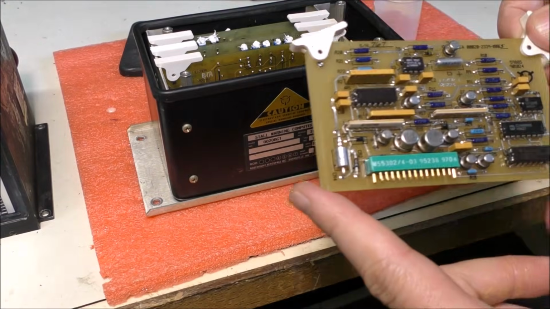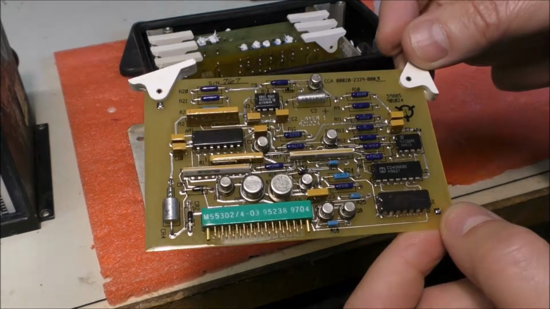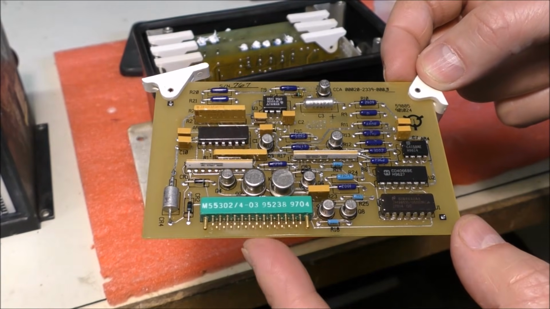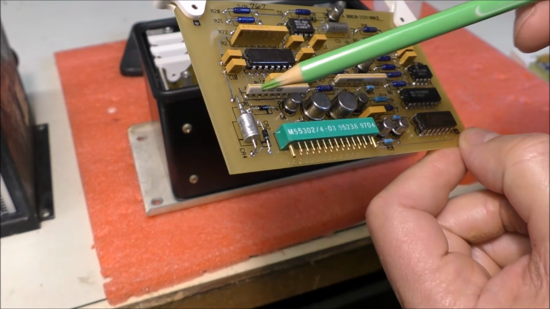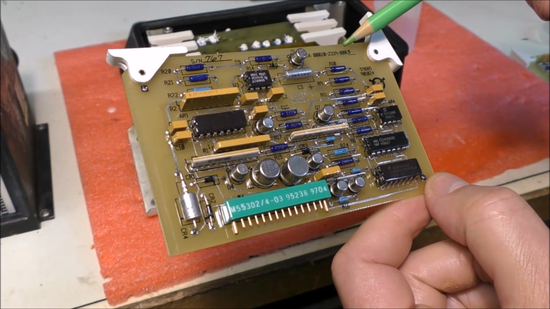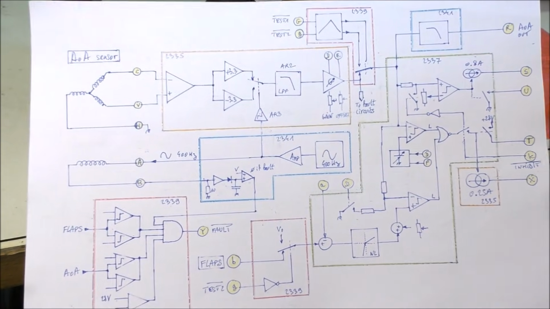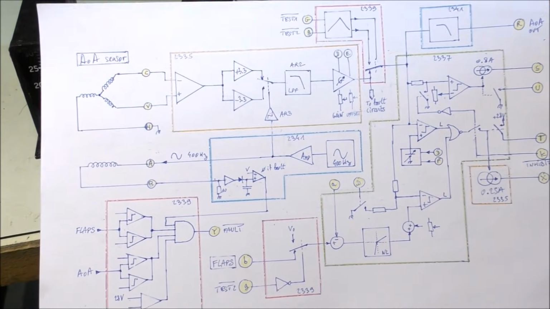We have here another board. We can see that there is a conformal coating, so it is the case for all boards. There is here a TVS diode. I don't remember the function of this board. This board is a 2339. We can see from the reverse engineering of this complete unit.